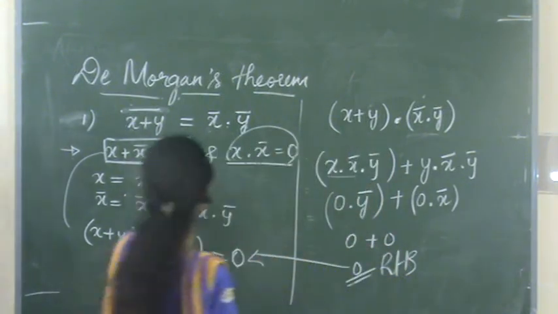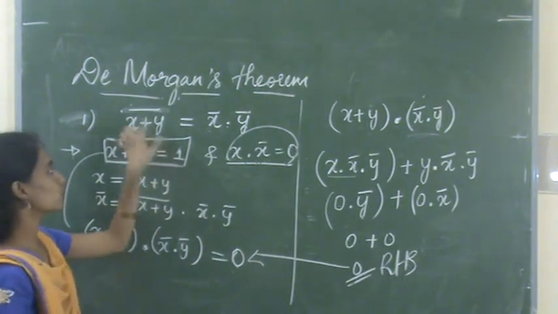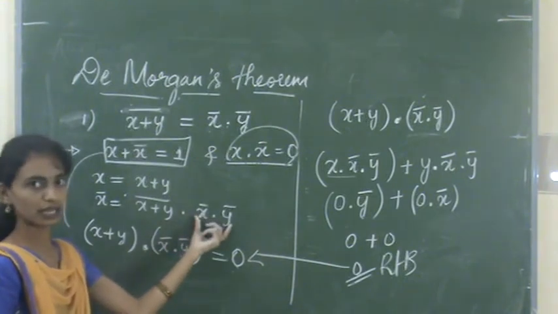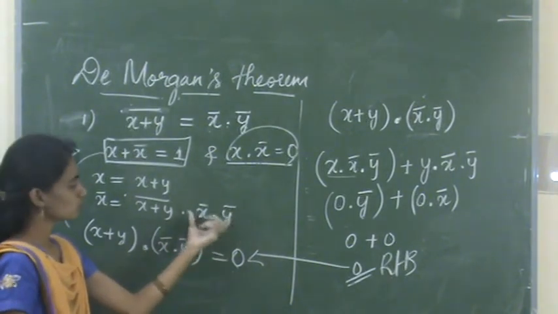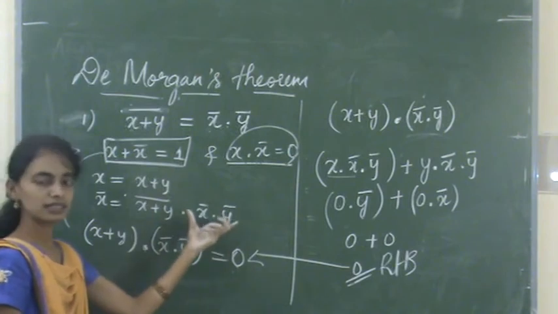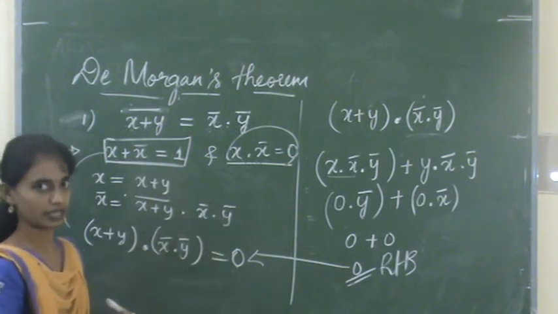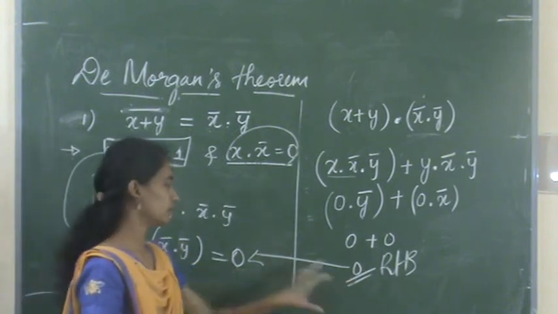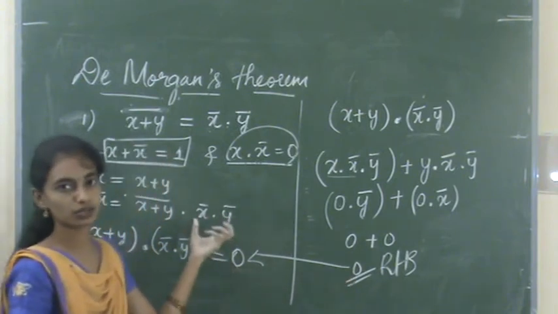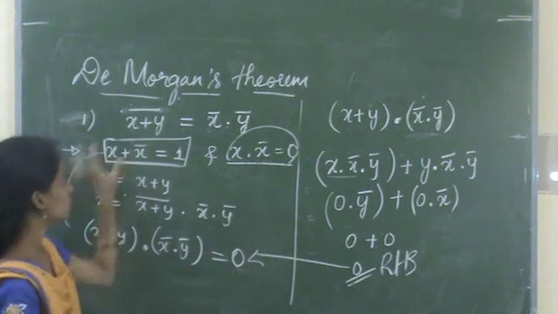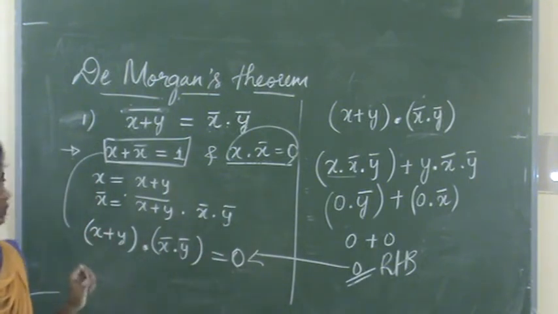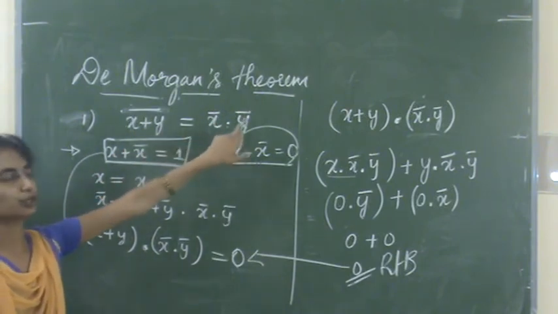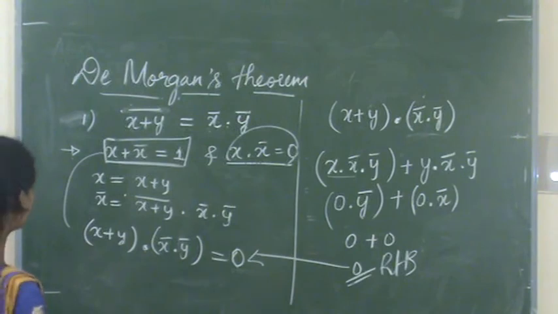Likewise, here also first I am assuming x plus y whole bar is equal to this. Okay, so I am taking that only, for evaluating purposes. So I am considering this to be true as our assumption, right? So if the result will be the same, then our assumption is correct. Okay, so this is how we can prove the theorem, that is x plus y whole bar is equal to x bar into y bar. And then we have the second one, right?